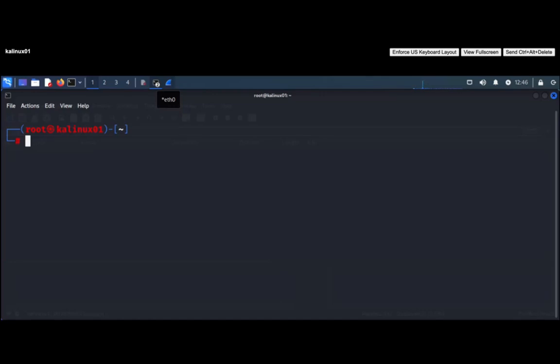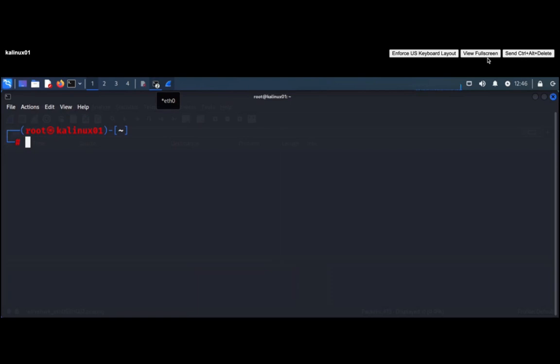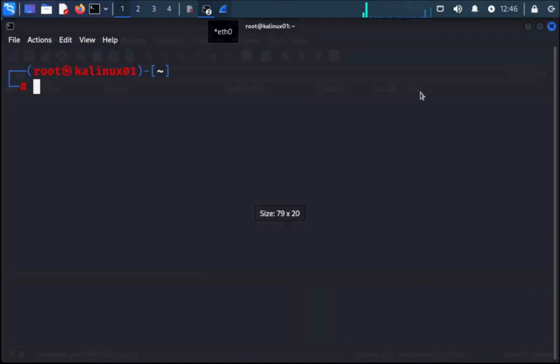Hi, welcome back. Let us summarize host discovery in different ways. In the previous session, we have seen that to check whether hosts are live or not, we just give the ping command,